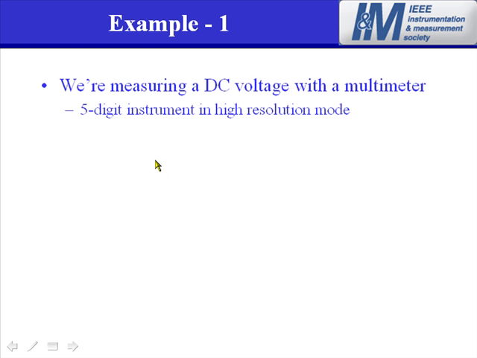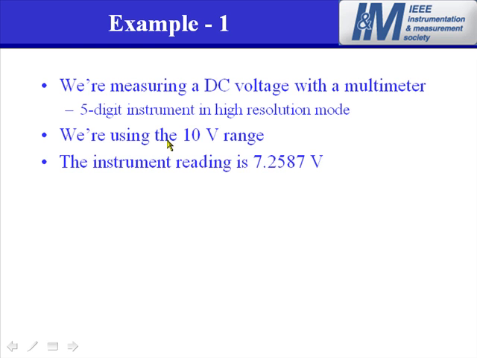Let's suppose that we are measuring a DC voltage with a 5-digit multimeter. We are using the 10-volt range, and let's suppose that the instrument reading is 7.2587 volt, as shown in the